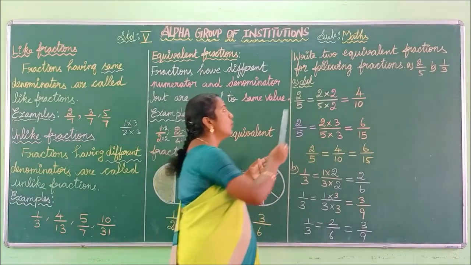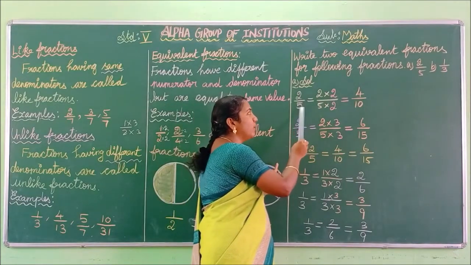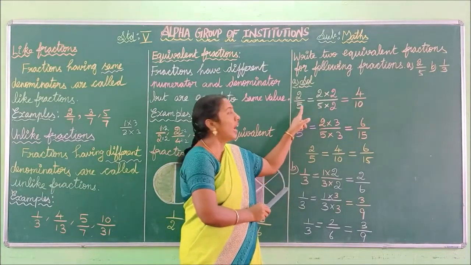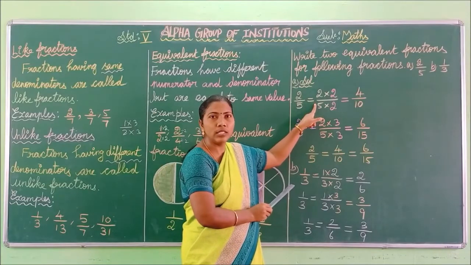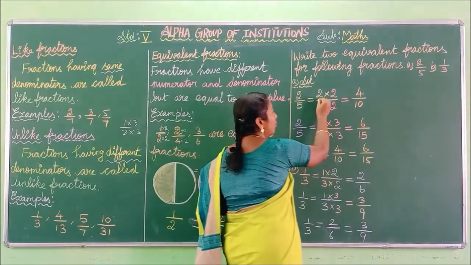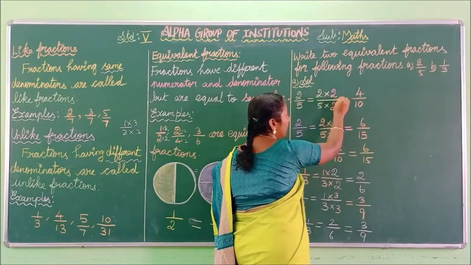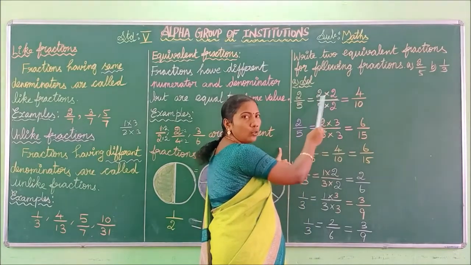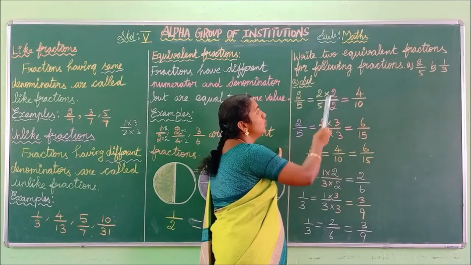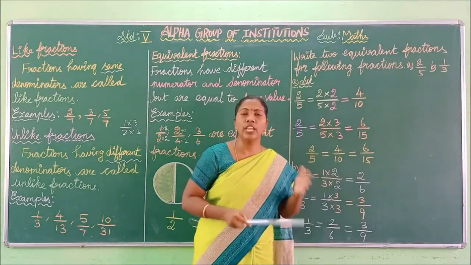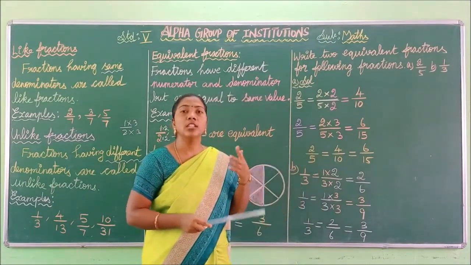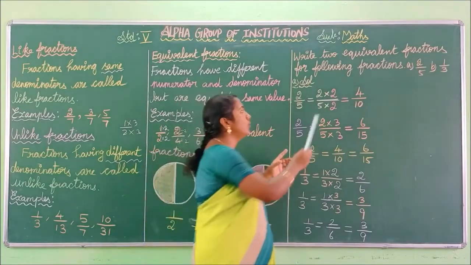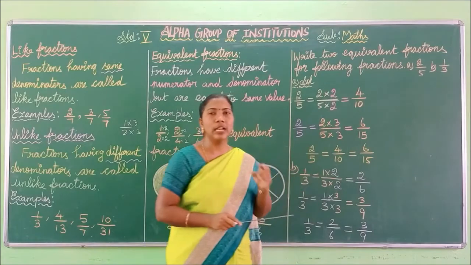Let us see. First step, you have to write the fraction once again in the solution form, that is 2 by 5. After that you put the equal symbol and then draw a line like this, a little bigger. Then you write 2 by 5 once again, and you have to choose one number. It may be 2, 3, 4, 5, 6, 7. It's your wish. It may be any number except 0. So you have to choose one number. I have chosen the number 2.